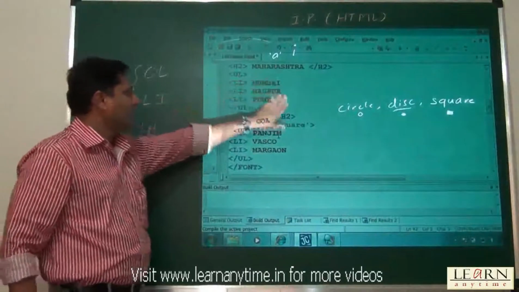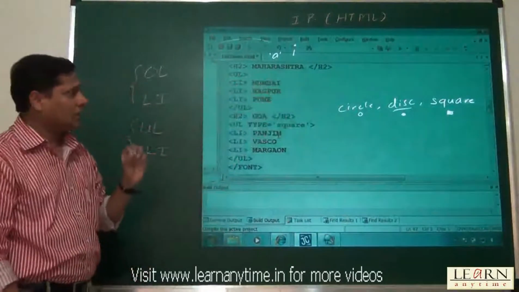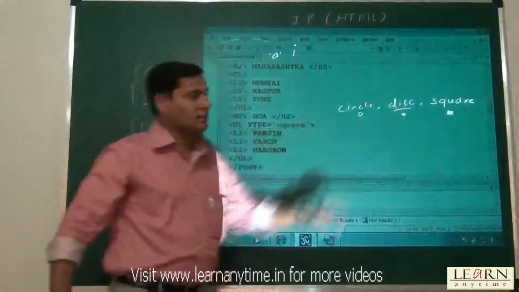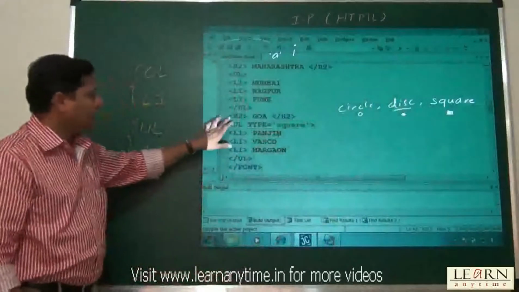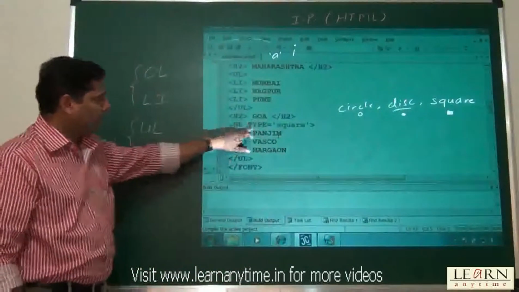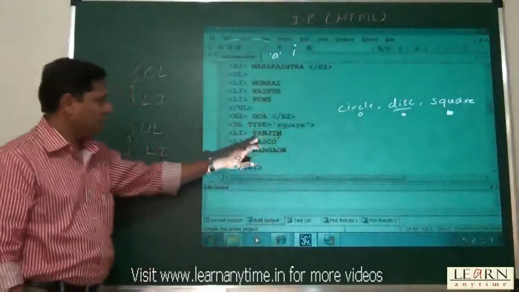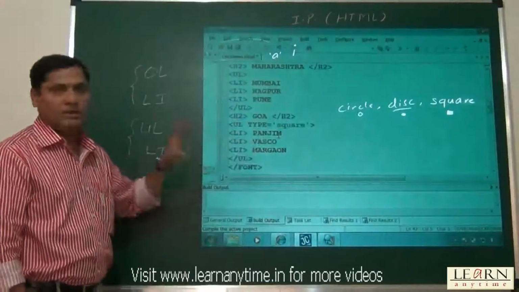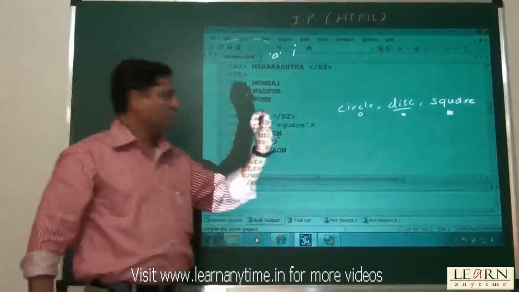By default, Mumbai, Nagpur, Pune will be shown with a dark disk, that is a dark black circle. And then there will be H2 Goa with type as square. So Panjim, Vasco and Margao are shown with square bullets.